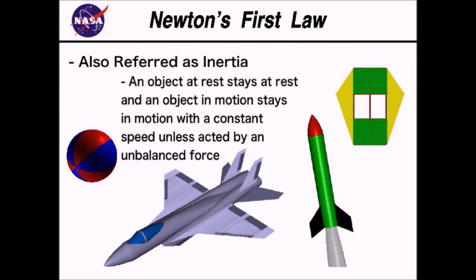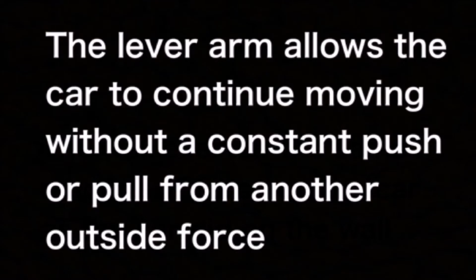Newton's first law of motion is also referred to as inertia. It states that an object at rest stays at rest, and an object in motion stays in motion with a constant speed unless acted on by an unbalanced force. Here, the car starts off as being at rest until the force from the lever arm expels the car forward. The lever arm, along with the winding up of the string, act as the outside force which sets the car